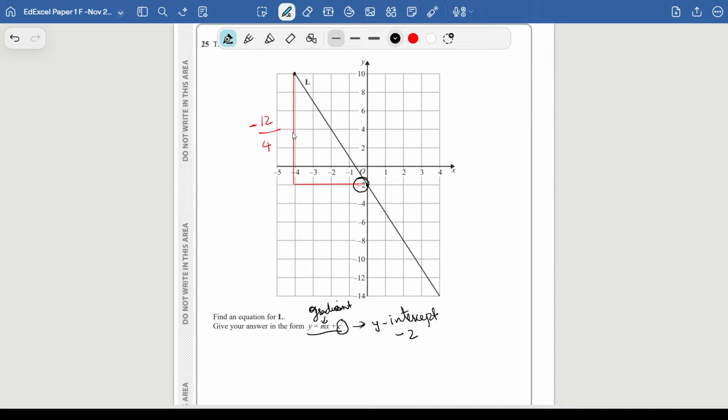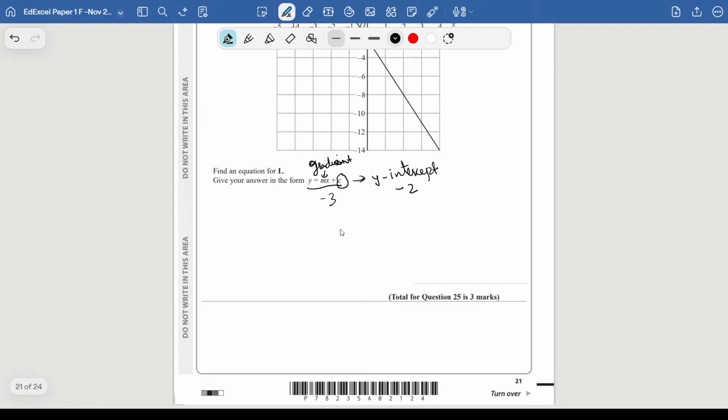2, 4, 6. No, we start from here, right? So this is -3. So the slope is -3 and the y-intercept is -2. So the answer is